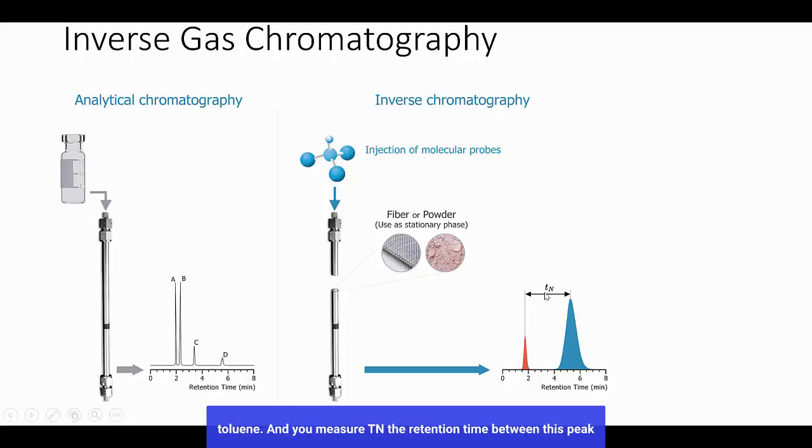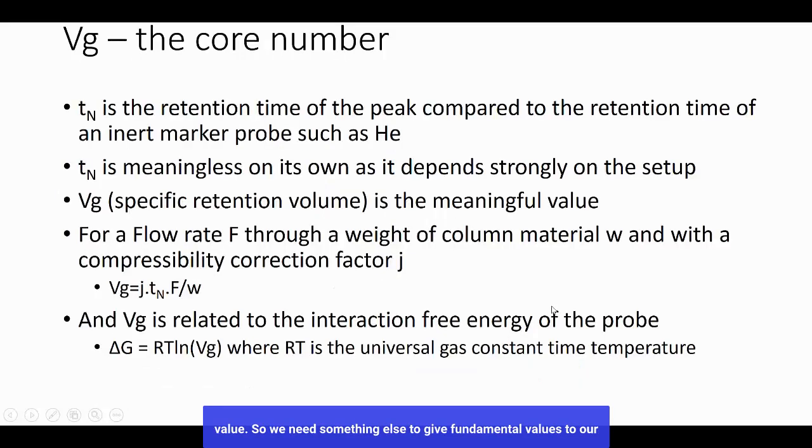And you measure Tn, the retention time between this peak where an inert gas like helium comes out. That's just the void volume of the column. So you measure the time between the void volume and where the peak comes out. And you get this value Tn. And when you change the probe solvent, if you change it from hexane to heptane, for example, obviously the peak will come out at a different time. As it happens, these Tn values are of no fundamental value, so we need something else to give fundamental values